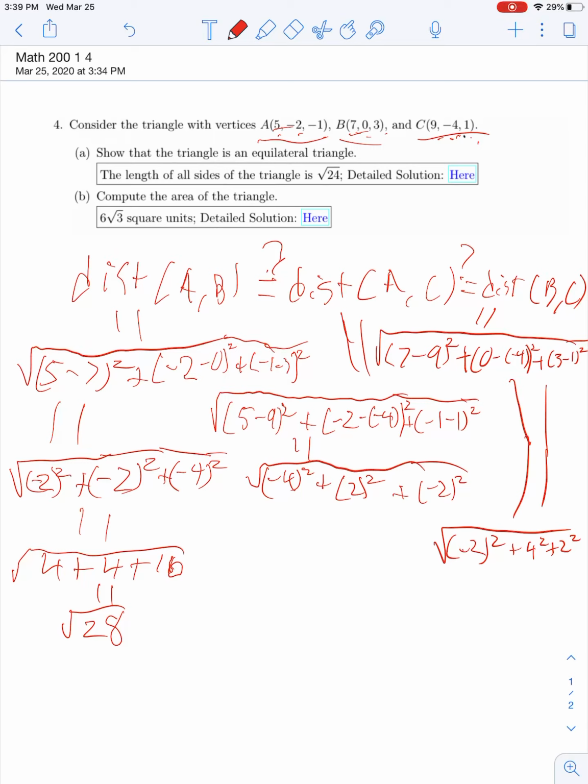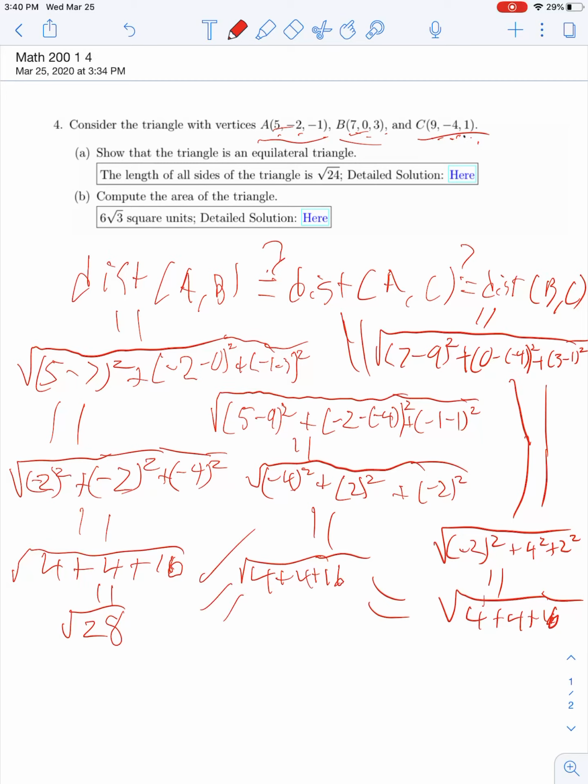And if you see, this guy, if you add everything up, is also just going to be 4, 4, and 16, all under the square root. And this guy is also going to be the square root of 4 plus 4 plus 16. And now these guys are all equal to root 28, so